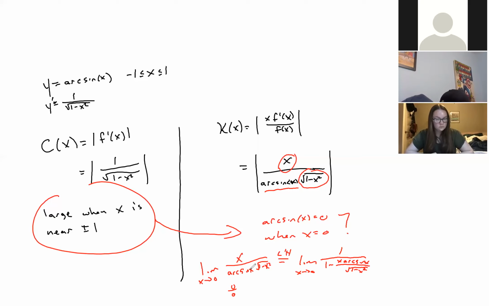And now as x goes to 0, this will tell us if we actually have trouble near 0 or not. As x goes to 0, I've got 1 divided by 1 minus 0 over 1,